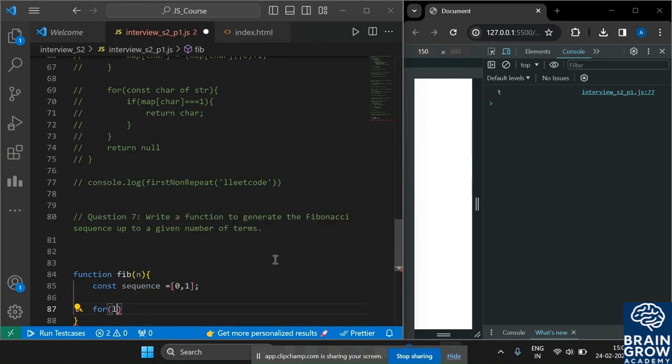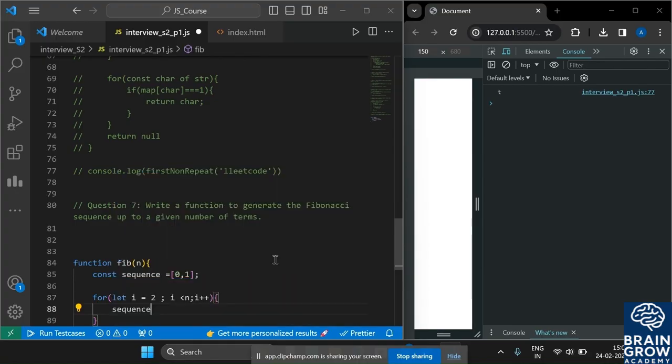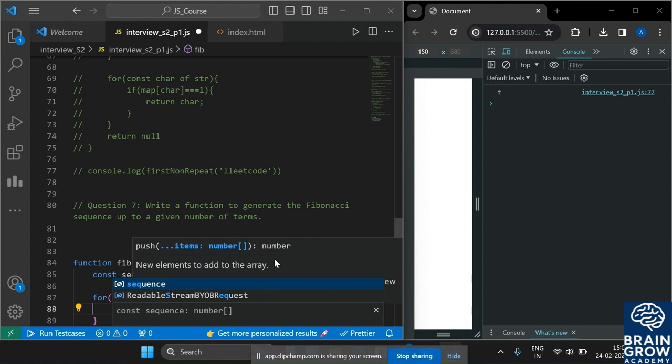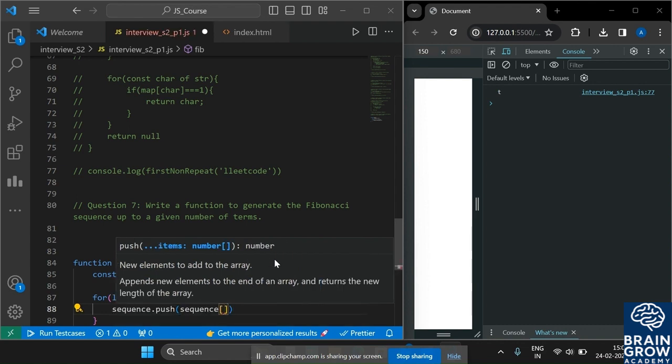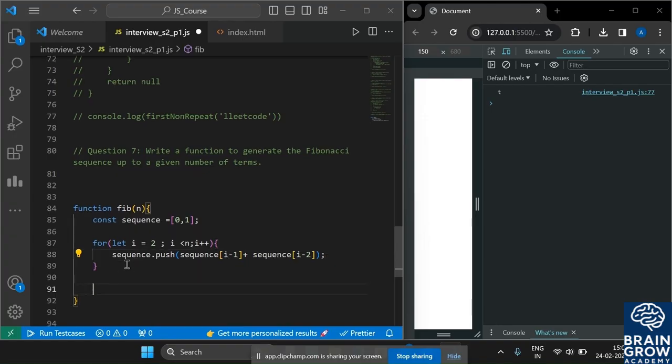So for let i is equal to 2, i less than or equal to n and i plus plus, we push: sequence.push, and here sequence of index minus 1 plus sequence of index minus 2. And after that let us return sequence